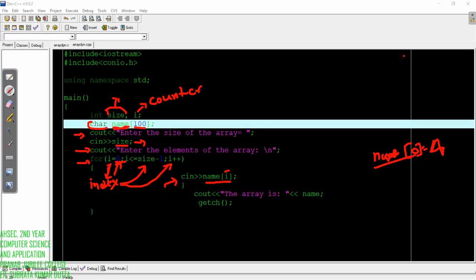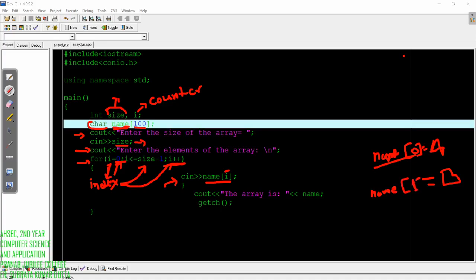Similarly, if the user enters b, for the next iteration the value of I becomes I plus plus, that is 1, so it will enter in array name at index value 1.